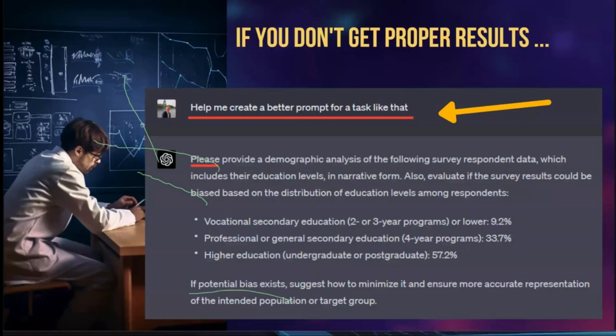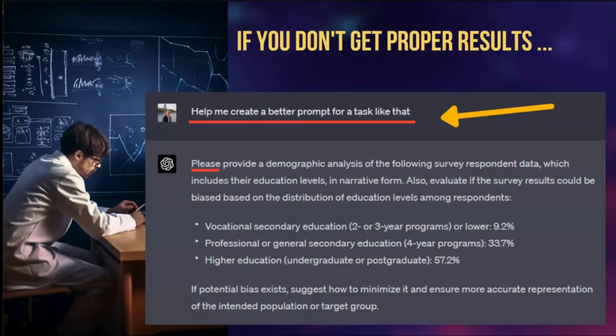So if you don't know how to use it, ask ChatGPT itself. This is crazy, a totally different approach than we had before. If you don't know how to use it, ChatGPT gives you the idea how to use it in the future. So this is good.